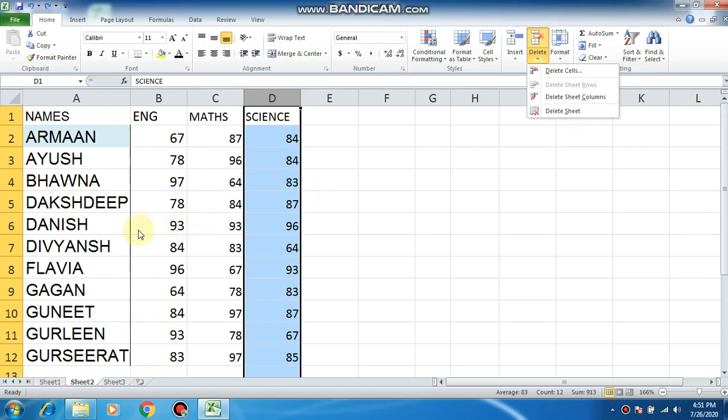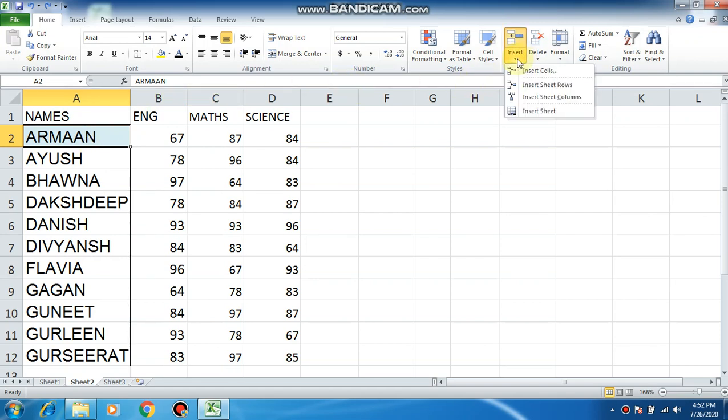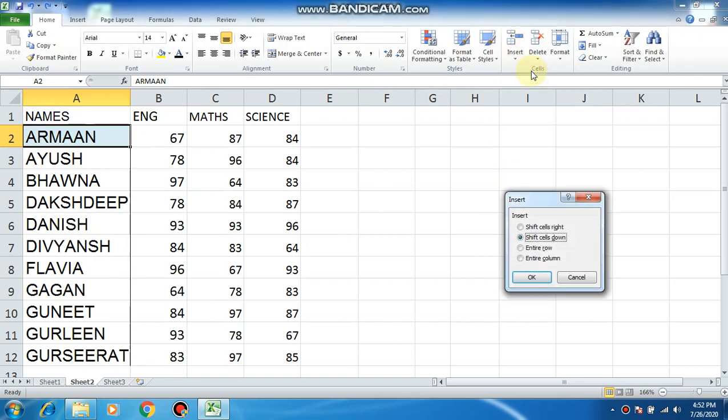Now if you want to insert a single cell, I missed out a name over here. Maybe I missed out the first name over here. You can see Ayan. So I can insert the first name from, again, the Home tab, the same Cells group. Here I can insert a cell over here. There will be radio buttons from which you can select that I need to shift the cells to the right. If I shift the cells to the right, what will happen? This Arman will move to the next cell towards the right, which I don't want.